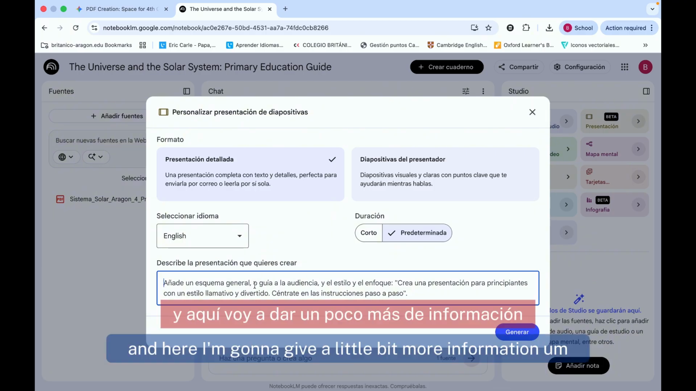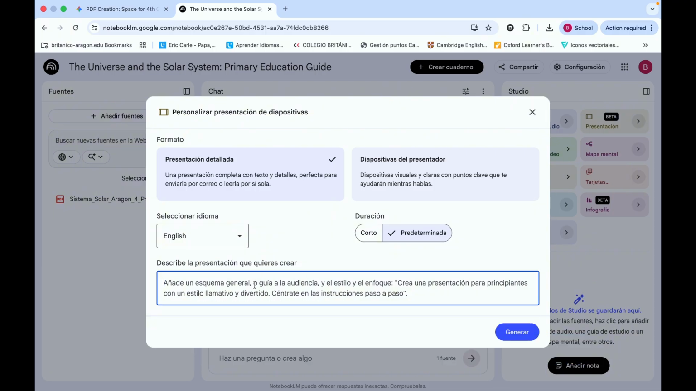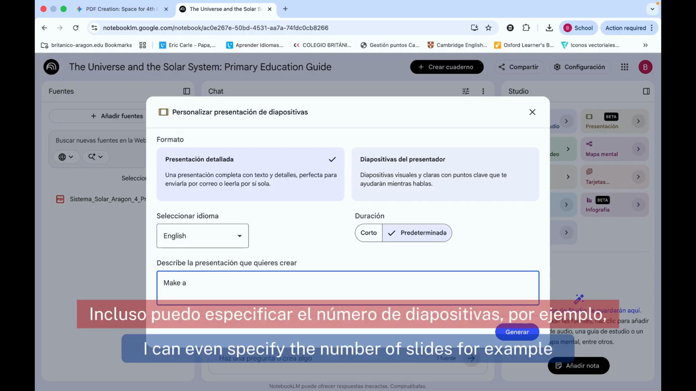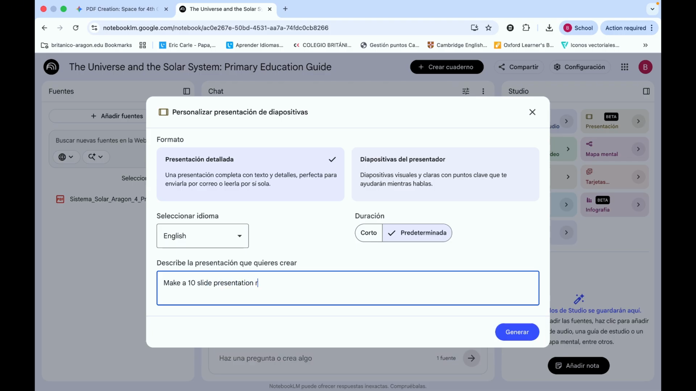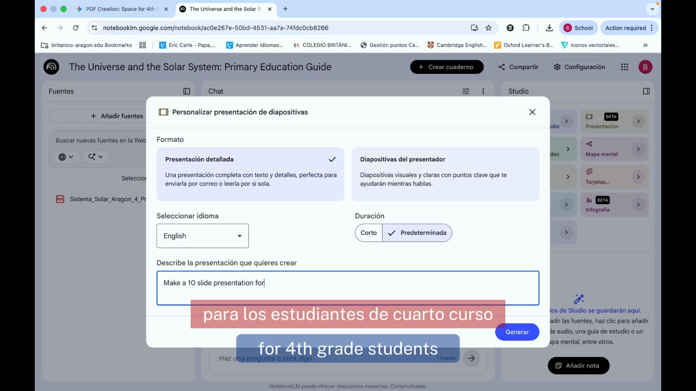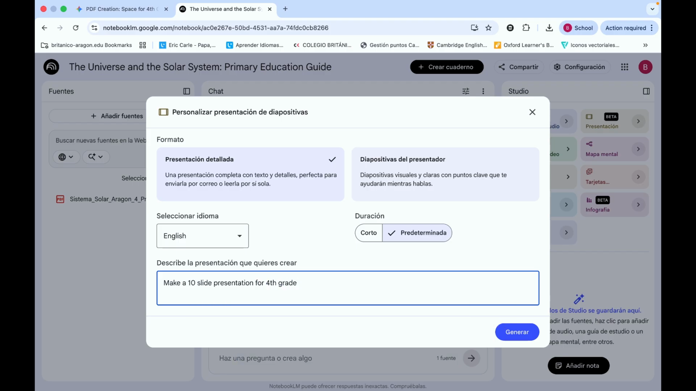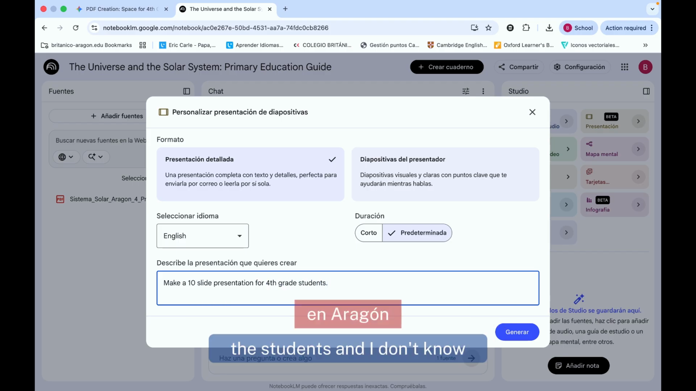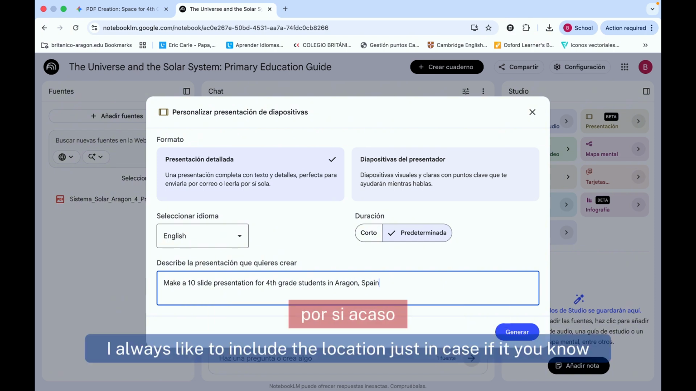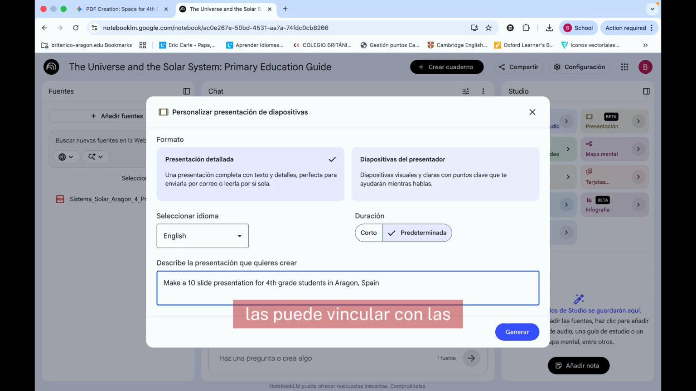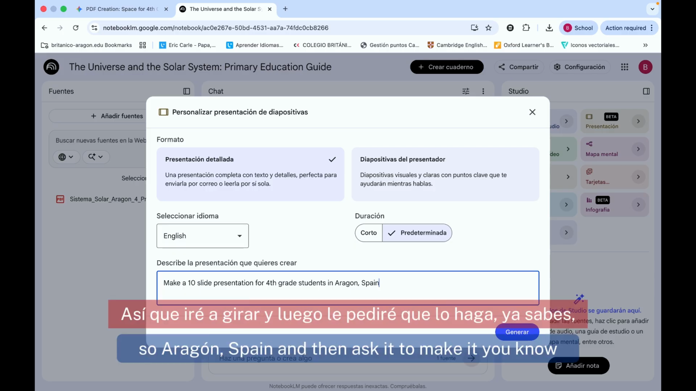And here I'm going to give a little bit more information. Another prompt here, I can even specify the number of slides. For example, make a 10 slide presentation for fourth grade students in Aragon, Spain. I always like to include the location just in case it tries to pull off of any sort of local laws or anything like that. So Aragon, Spain, and then ask it to make it fun